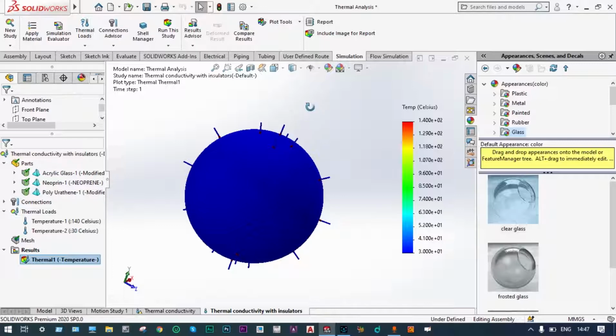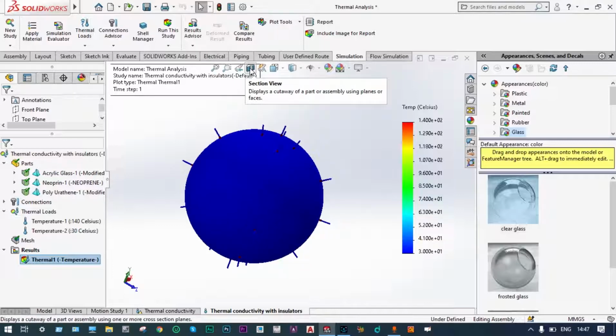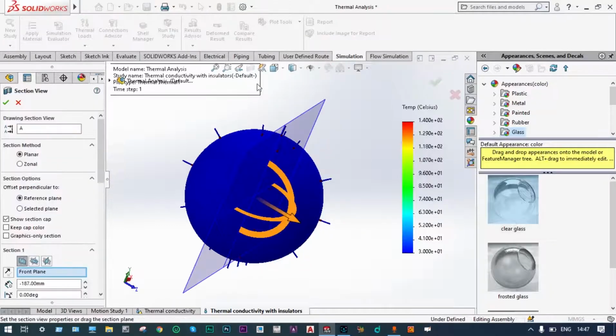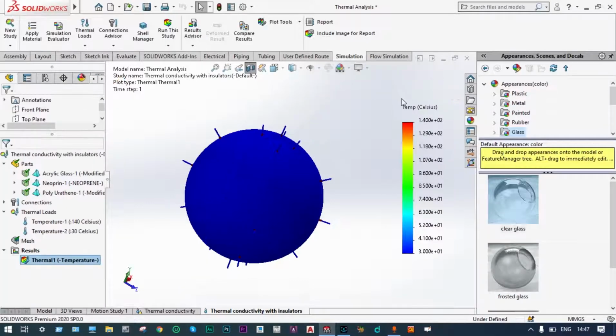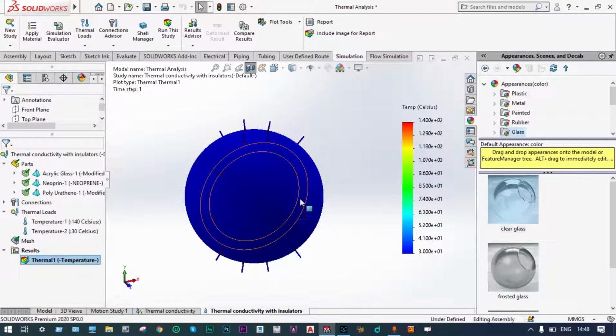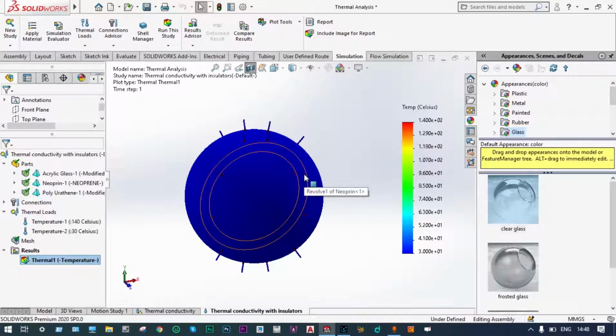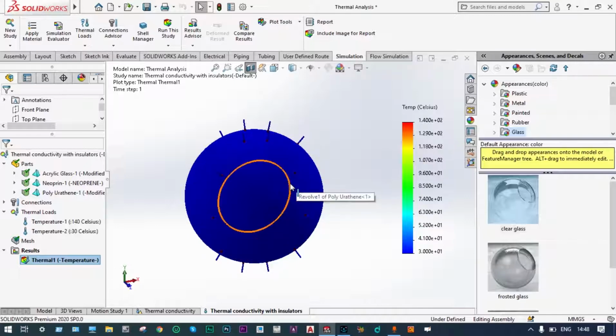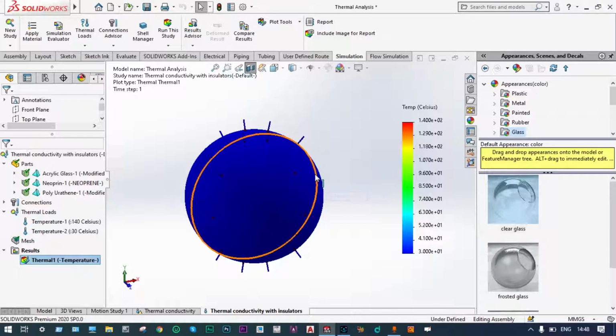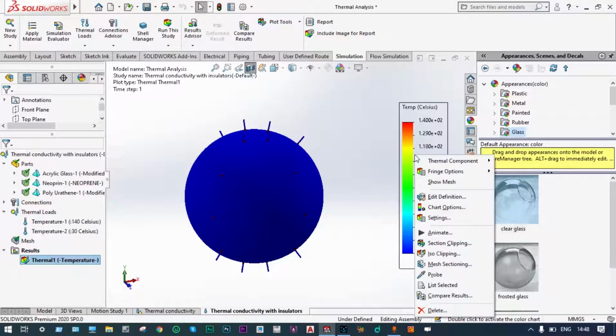For getting the temperature, let us take a sectional view of this model. Then you can see, these are the different sectional views. So let us see the results. We can see the results from the probe, and across different circumferences we can see. So first one is T1, this is T2, this is T3. So in this way we can find the different temperatures. We see the temperatures from probe,